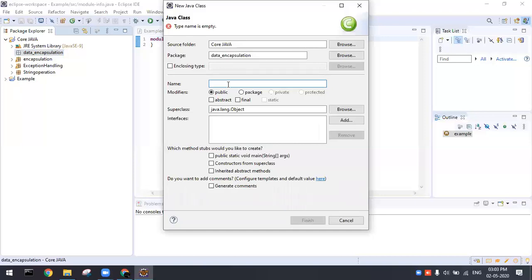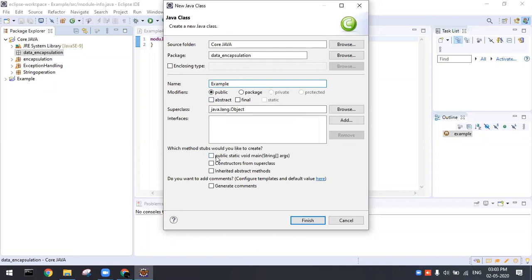So let me go ahead with the first example, Example 1. Okay, so if I start with a small e, what will happen? This is going to throw a warning message. Java type name usually starts with uppercase. Which means the class name should be in capital. The class name and the program name should be same. That is why I just gave a capital case.